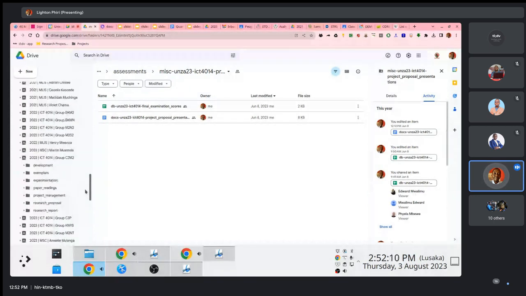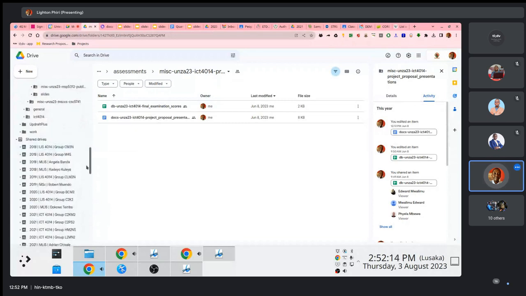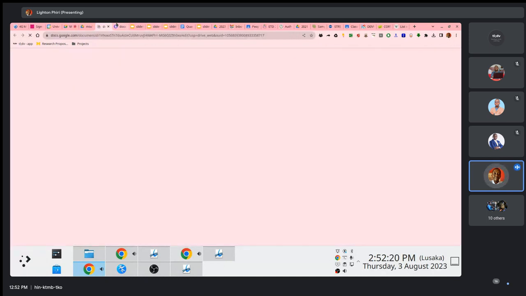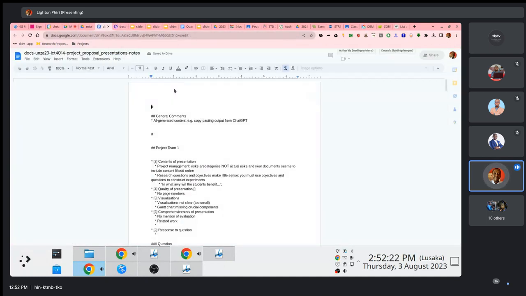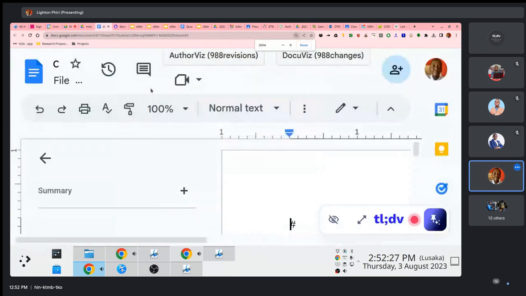You can extend it in such a way that you can have extensions.